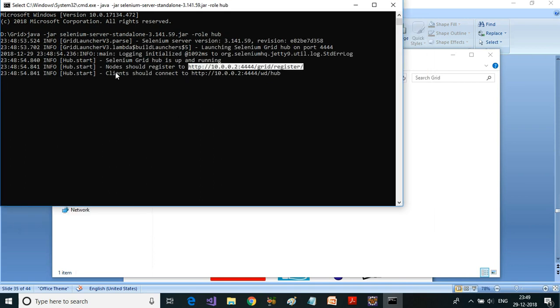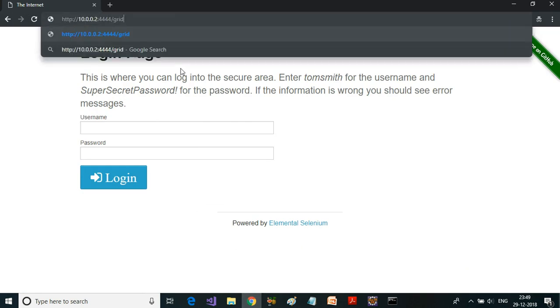Hub is running. Okay, all the nodes must register to this particular hub by using this URL, and all the clients should connect to this particular hub by using this URL, which has basically the IP address and the port number. Okay, so there is something called grid console. Go to your browser, copy the IP address and the port number, /grid/console.